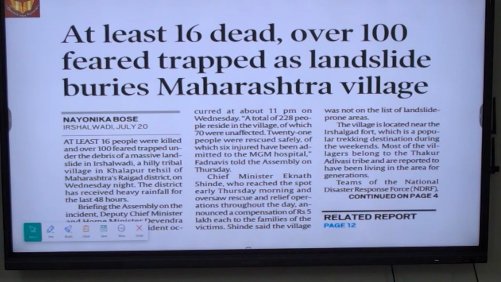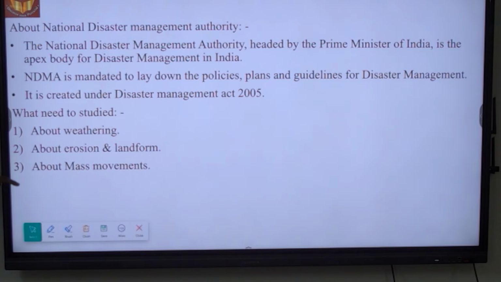At least 16 dead, over 100 feared trapped as landslides bury a Maharashtra village. As we all know, the monsoon has gathered in several northern parts of the country. As a result of the monsoon rainfall, the resultant landslide has caused a severe catastrophe in a village of Maharashtra. It led to the death of 16 people, and nearly 100 people have been trapped under the landslides. So we will discuss the